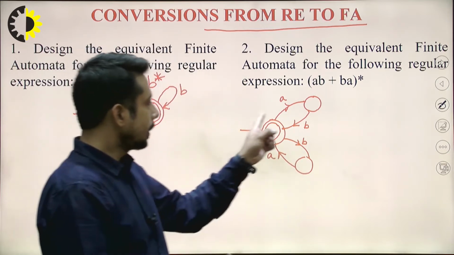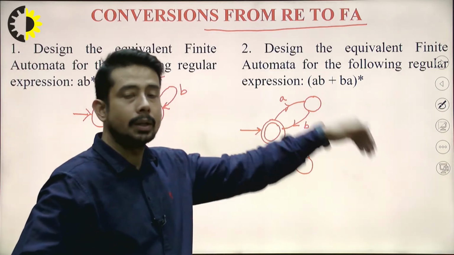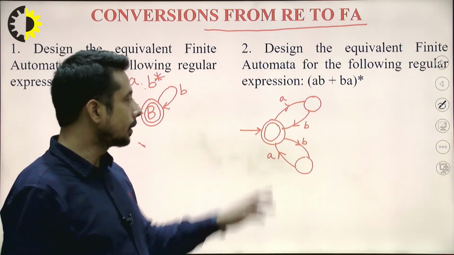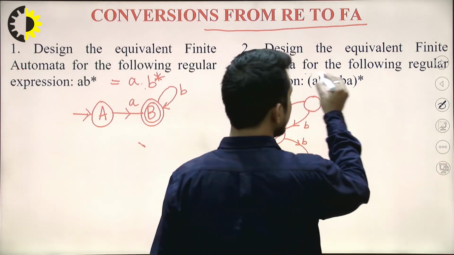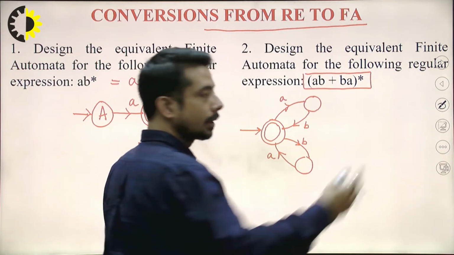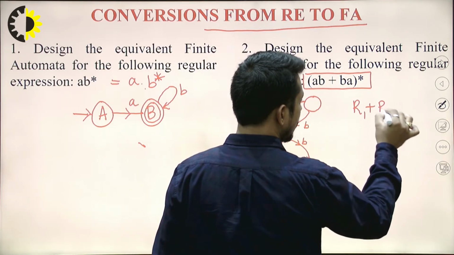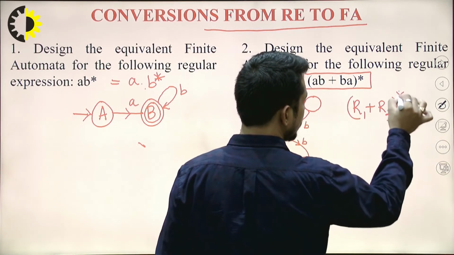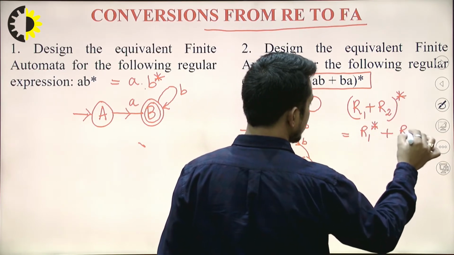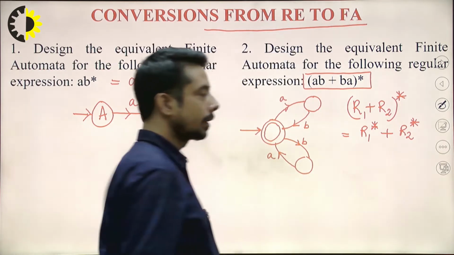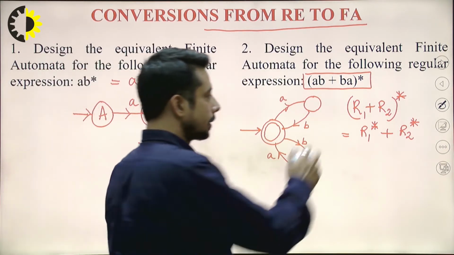Now tell me, AB and BA are going out from the same state and moving to the same state, correct? So definitely AB star and BA star. Actually, we will be looking into one identity in the upcoming video, where (R1 + R2)* equals R1* + R2*. This particular expression we will look at as a basic identity, but overall we will not be considering